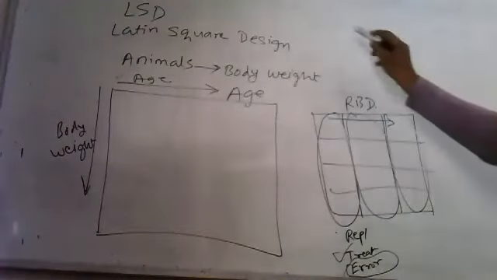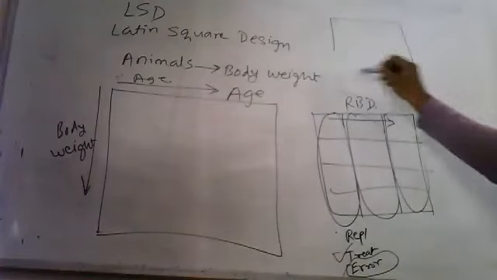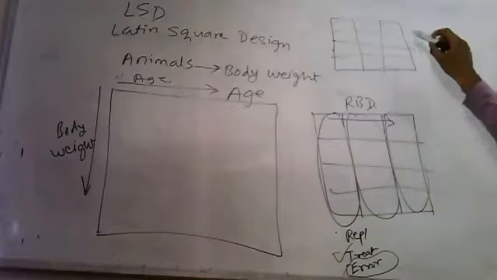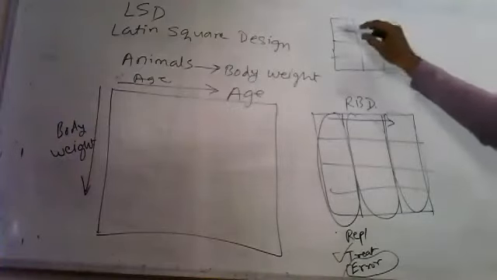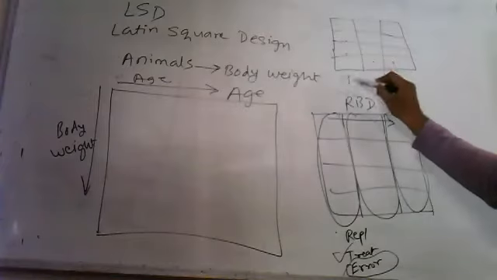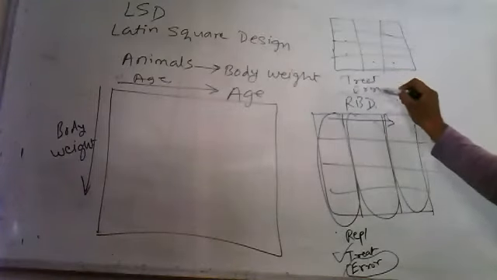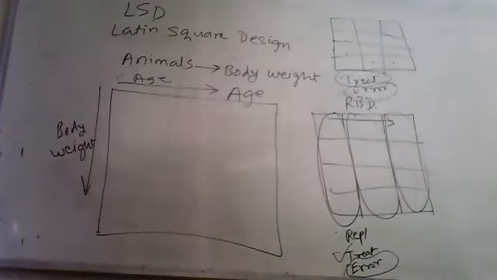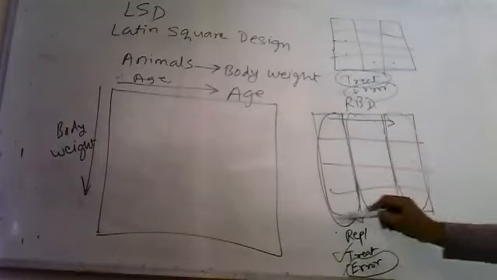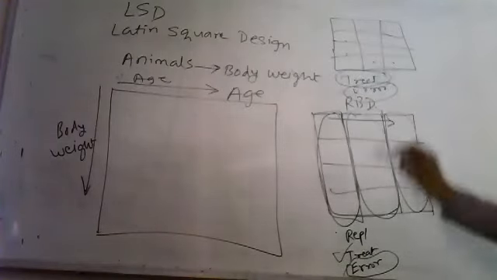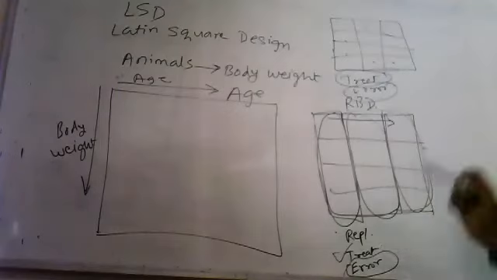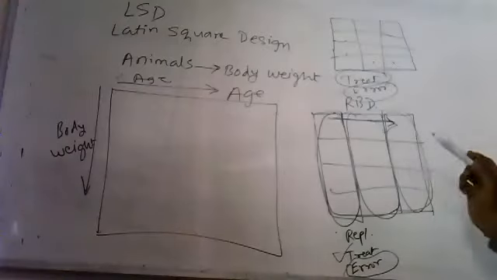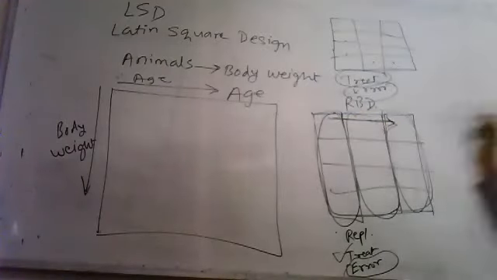Okay. In CRD design, we are not forming replication. We are just dividing plots into the total number of observations, and we are applying treatment. So sources are only treatment and error. This is the controlled source. This is uncontrolled source. Here two sources. In RBD, replication is added because we are forming replications. Okay, replication, treatment, and error. And here fertility gradient is moving only in one direction. There is a variation in only one direction.